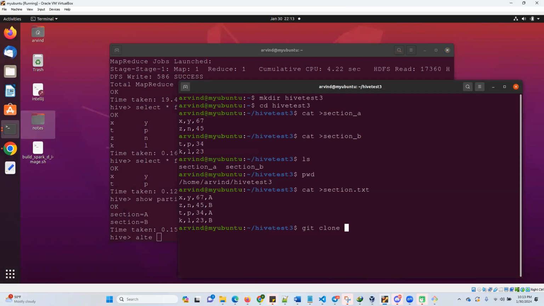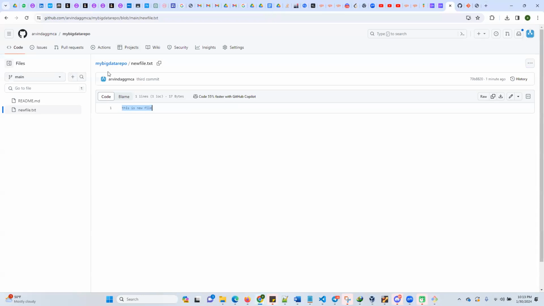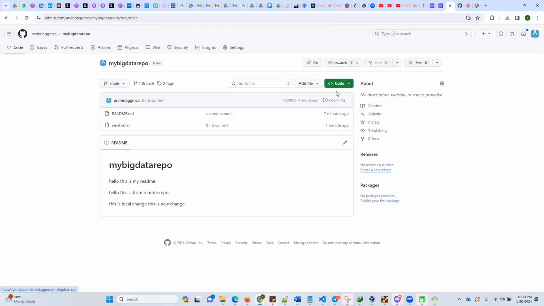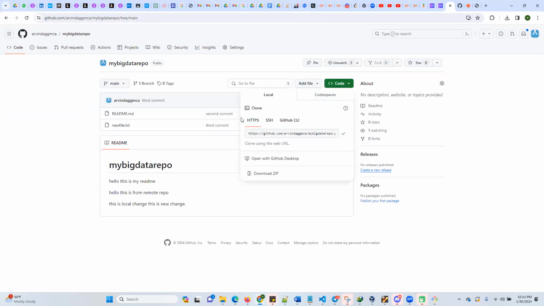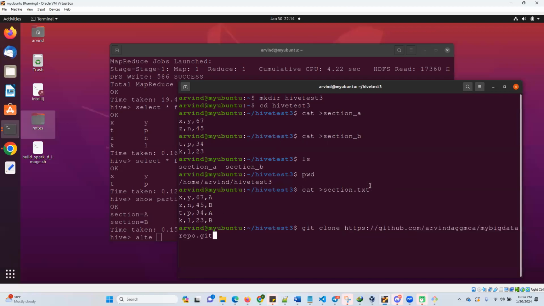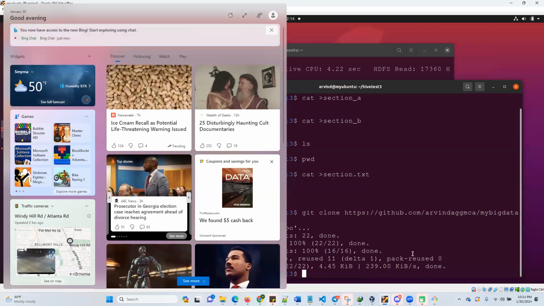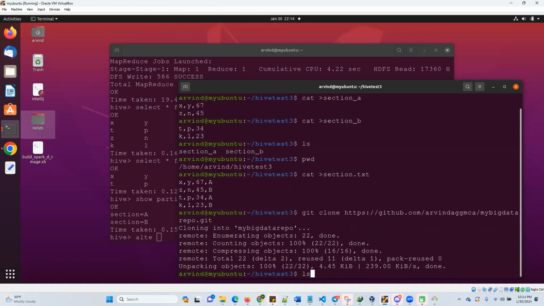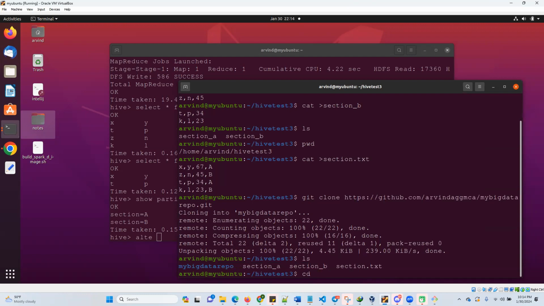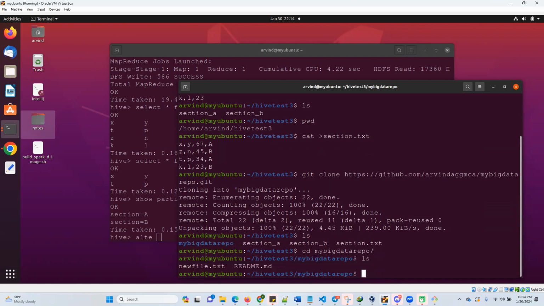So I clone the repository. I go to the repository, and here there is the SSH way and the HTTP way. This is the SSH key way, and this is the HTTPS. This way you can do the git clone. The repository is the same repository. If I go cd to GitHub, these are two files. If I do the cat command on new file,